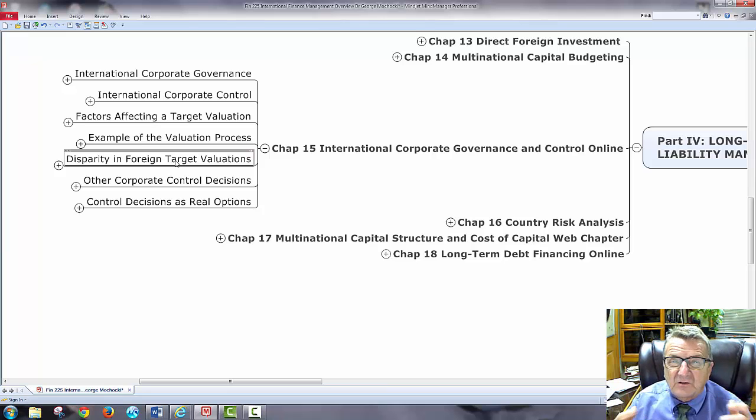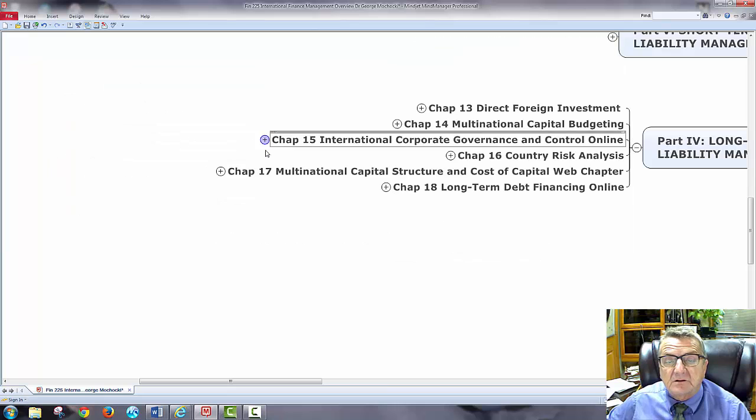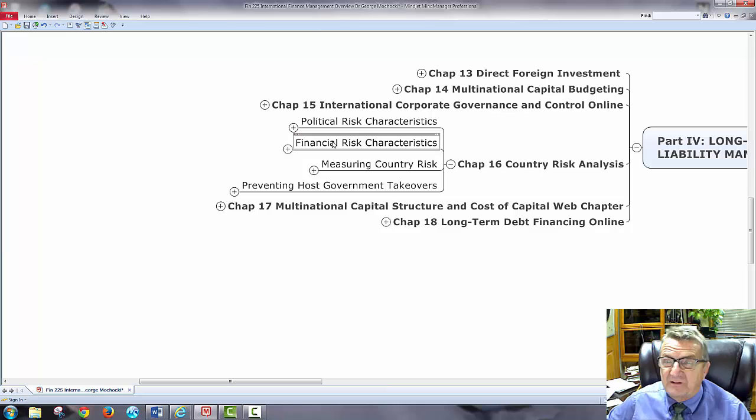Remember, it's kind of hard to get the real number depending on what's going on there, but you do your best, and there's companies out there, and it depends how transparent, but there's enough out there that individuals have a pretty good handle on what the value of certain areas are, and what the value of the target valuations are for my operation, my multinational company. Okay, other corporate control decisions and corporate decisions as real options. Okay, so 15, 16, country at risk, and I covered a little bit political risk, financial risk,